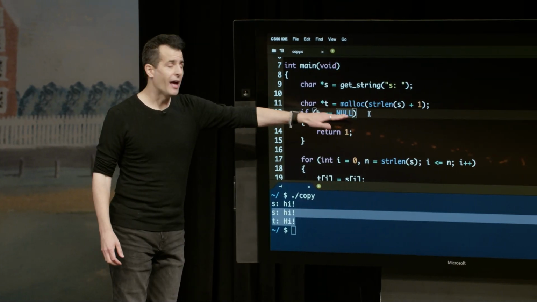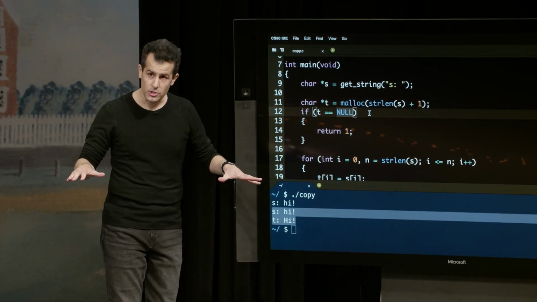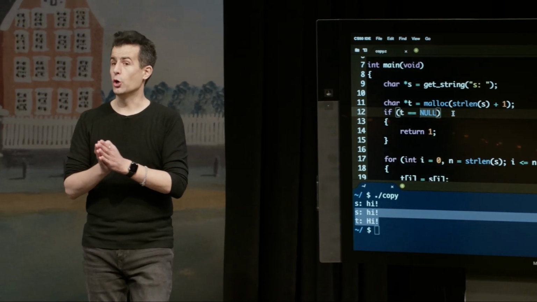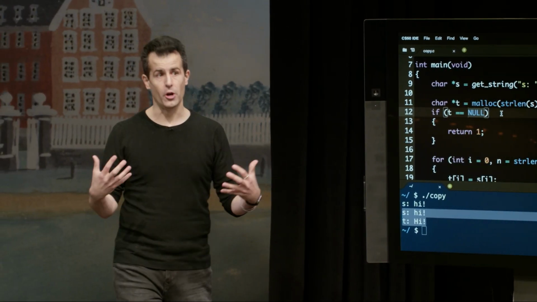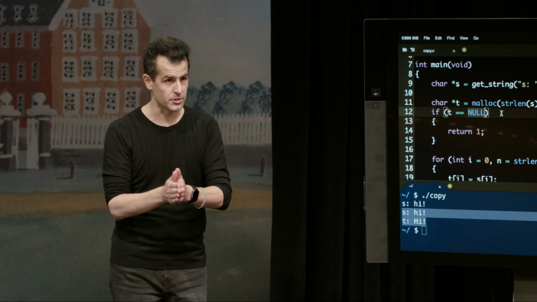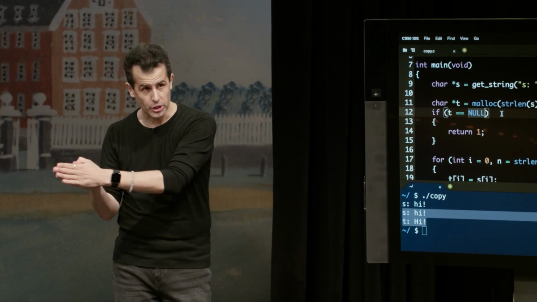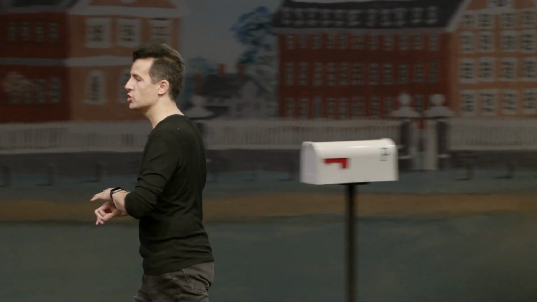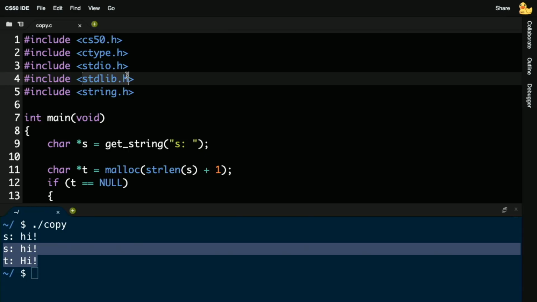You use NULL in the context of pointers, as we are doing today. You use \0, otherwise known verbally as NUL, or null, in the context of characters. So \0 is for characters. NULL in all caps is for pointers. And it's just a new symbol we're introducing today that comes with this stdlib.h file.